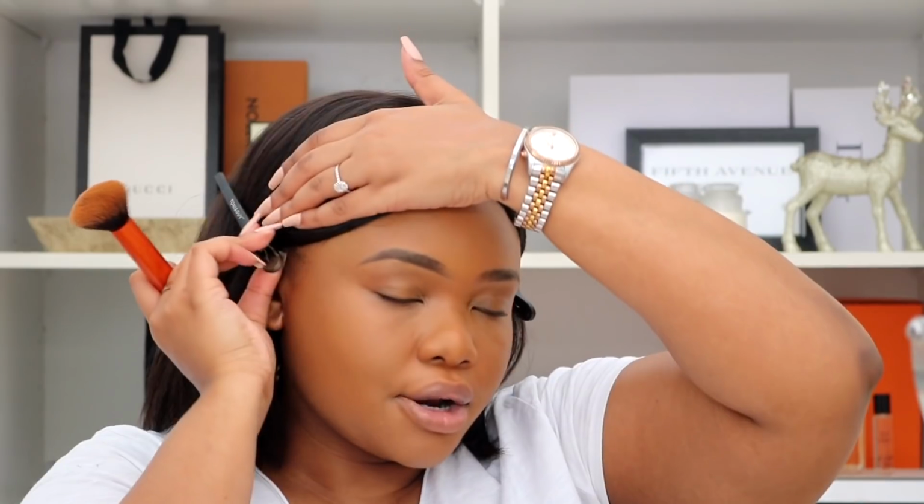So yeah, zero plans for my birthday. Hopefully the weather is nice. I'd like to take myself out somewhere. I definitely want to spoil myself with something, but I just don't know what. Do I order online? Or do I shop locally here? I'm over most of the stores in Cape Town in terms of designer. We only literally have three places to shop from, which is Gucci. I'm so sick of it. There's nothing there that I want, nothing that is calling my name, and I don't like buying stuff that I